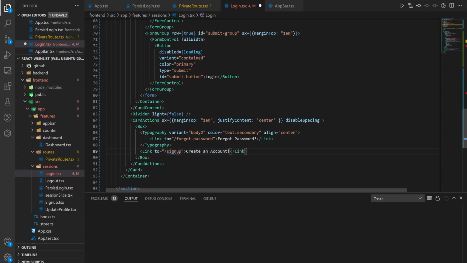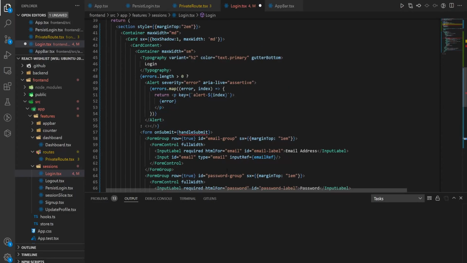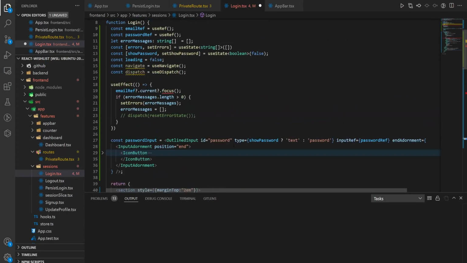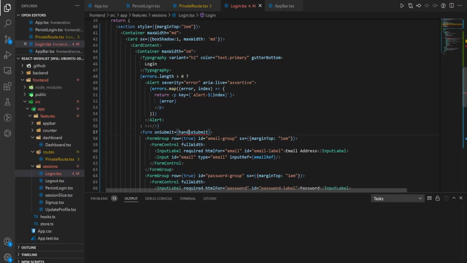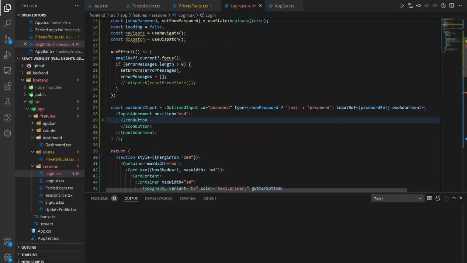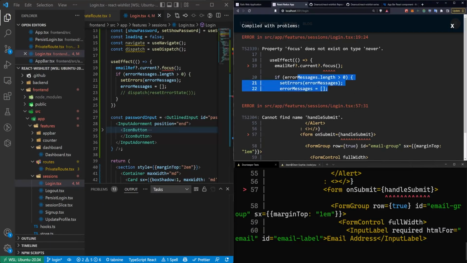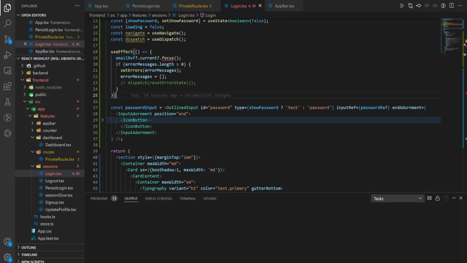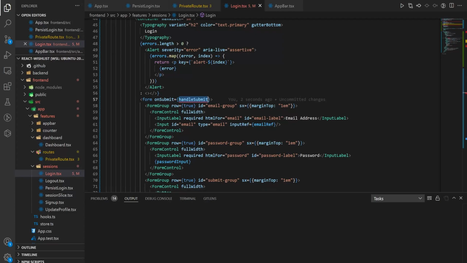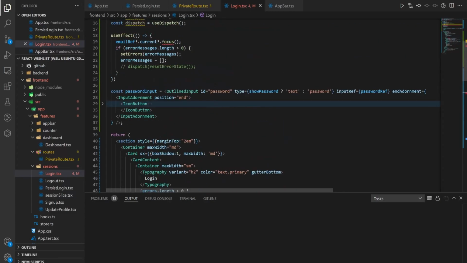And assuming we did all of that correctly, the only thing that's left to break on us is the handle submit. So we do need to create that. So if we exit out here, see, focus doesn't exist and handle submit doesn't exist. So we know about those. So we're going to grab this handle submit and we're going to create this function,